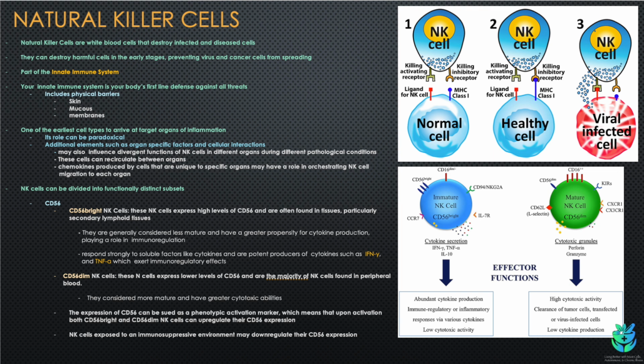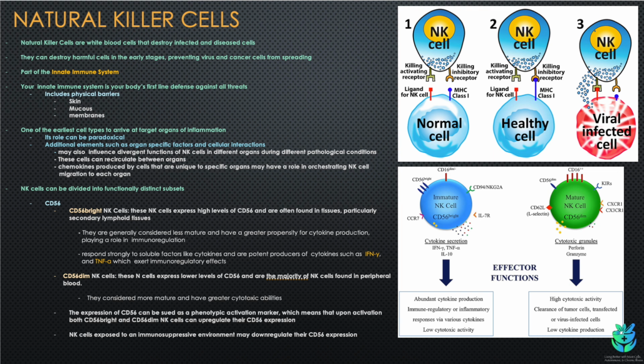Your innate immune system is your body's first line of defense against all threats. This includes physical barriers such as your skin, mucus, and membranes. Natural killer cells are one of the earliest cell types to arrive at target organs of inflammation. Their role can actually be a little bit paradoxical. Additional elements such as organ-specific factors and cellular interactions